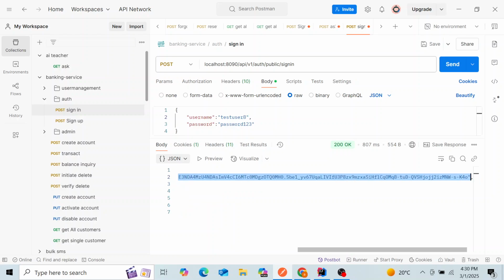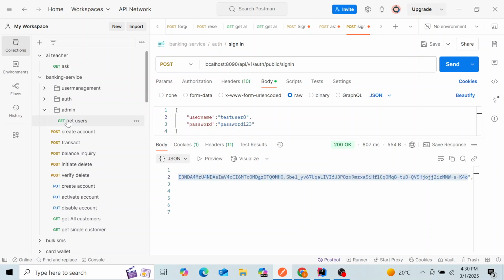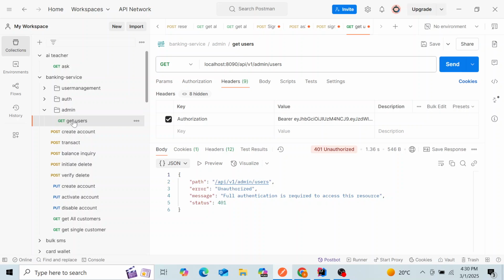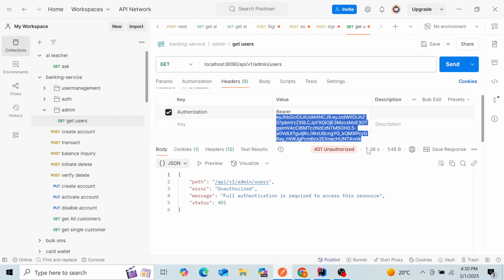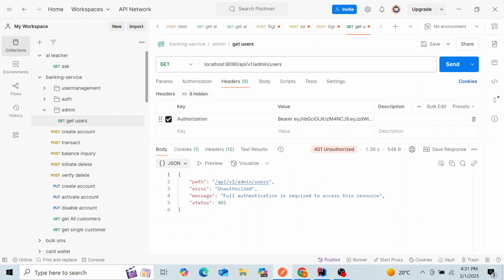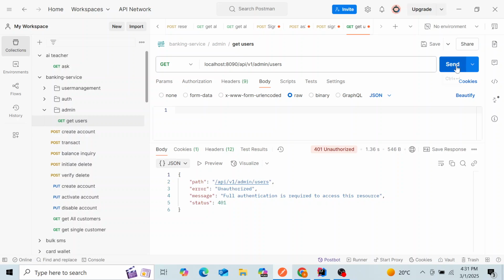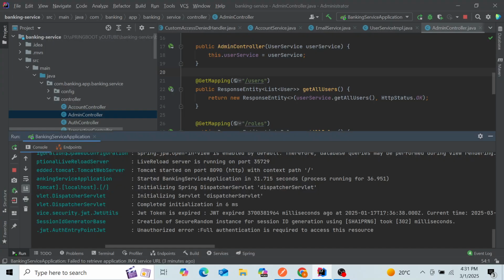Now I want to use this token to authenticate and view the list of users that I have, because the purpose of an access token is to allow you to access a specific resource. So if I paste this token here, then I send this request. You don't have permission to perform this action. Forbidden. I don't know why it is saying forbidden,